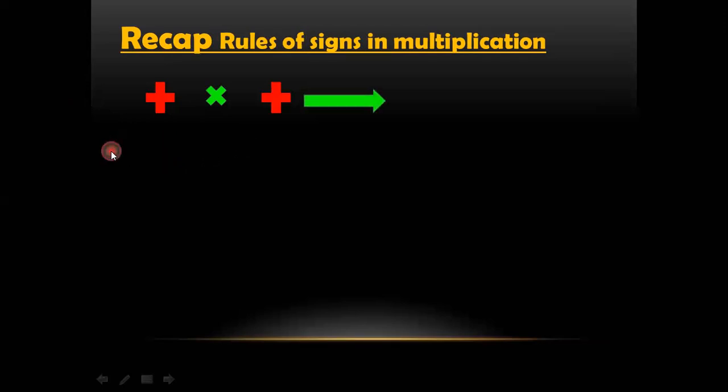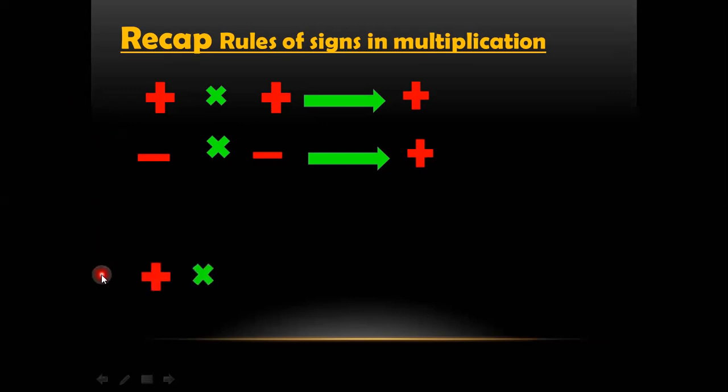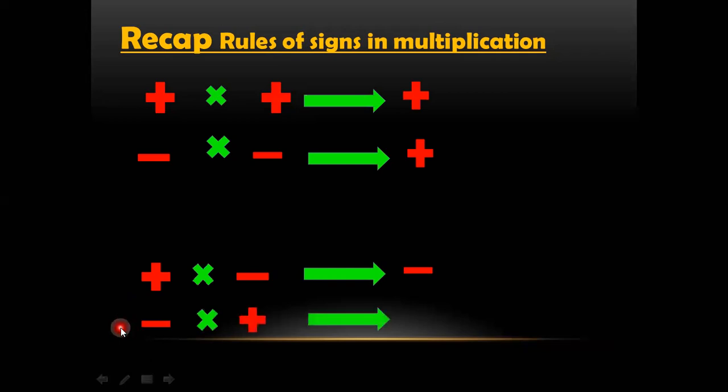है, तो the product will be getting a sign of plus. If we multiply a minus term with another minus term, we will again be getting the product as a plus term. If we multiply a plus term with a minus term, यानी multiplicand और multiplier दोनों के signs different हैं, so we will be getting a product with a minus term. If we multiply minus term with plus term, we will be getting the product with minus term sign, right?